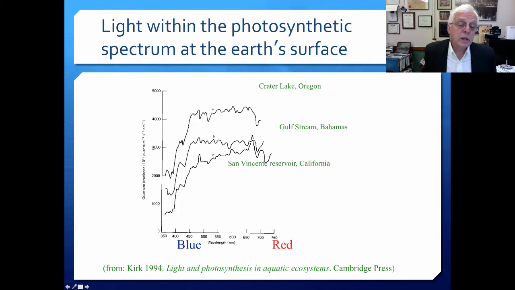Here, for example, we see the quantum irradiance measured across a variety of different wavelengths, and these are the wavelengths received at the Earth's surface in a bunch of different places. Here is the quantum irradiance and frequency distribution at Crater Lake, Oregon, which is very high. It's at high altitude, so it has a much higher quantum irradiance. This is the quantum irradiance received at the Gulf Stream in the Bahamas, and this is at a lower altitude,